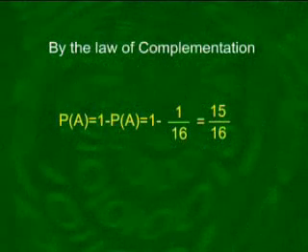The total number of outcomes is 16, and so the probability of having no head is 1 over 16, m over n, classical definition. And according to the rule of complementation, the probability of A bar is 1 minus the probability of A. So, the probability of getting at least one head is 1 minus 1 over 16,